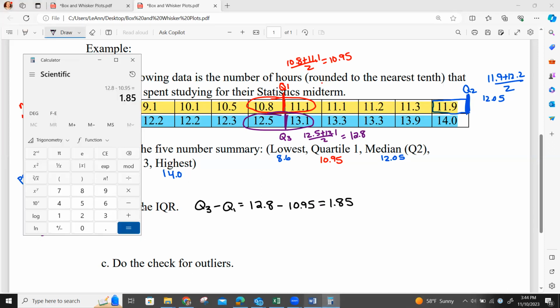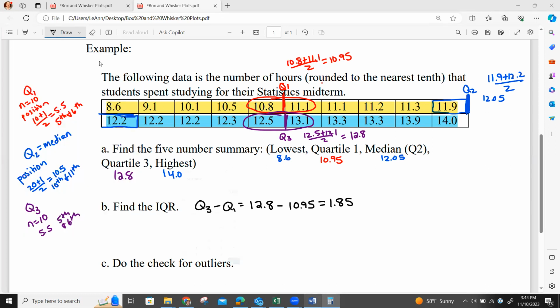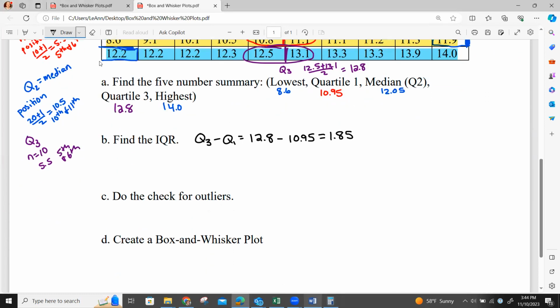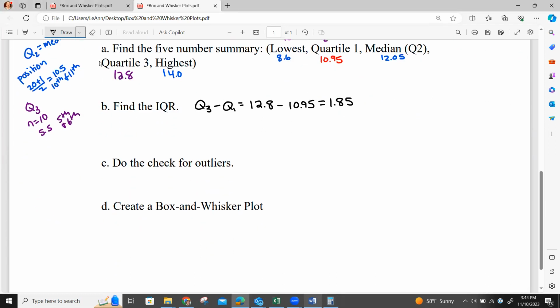Make sure I say that right. So the middle 50% of the data, which is from beyond Q1 to just right before Q3, has only a difference or span of about 1.85 hours, since we're measuring in hours. Okay. All right. So to do the check for outliers, we have to first do the lower limit, which is